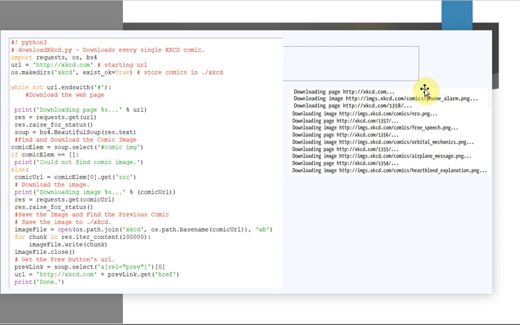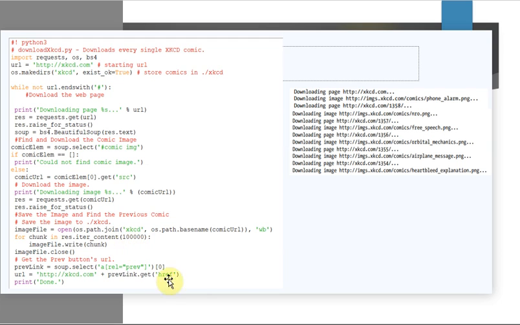So when you're downloading, this is your complete URL, but only the base name will be considered. For that purpose, os.path.basename(comicUrl). Only the base name will be considered, and that you're joining with the path of your xkcd directory. Okay, and after that you are going to get chunks of data, so for that purpose you are using the iter_content method. How many bytes of data you require at a time, that you're mentioning here as a parameter to iter_content. In this case it is 1 lakh bytes of data.